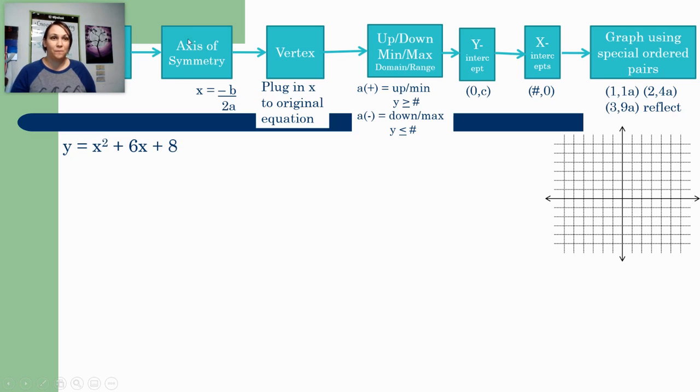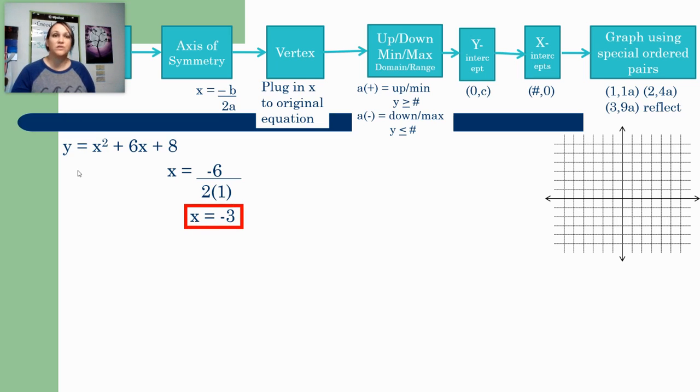of symmetry. And it gave you a formula, and we learned this in class today, x equals negative b over 2a. So in this problem, my b is 6, and my a is an invisible 1 in front of the x squared. So when I plug that in, I get x equals negative 6 over 2 times 1. And then we do a teeny tiny bit of math, and we find out that our axis of symmetry is x equals negative 3. And I'm going to put a box around everything that is considered to be an answer